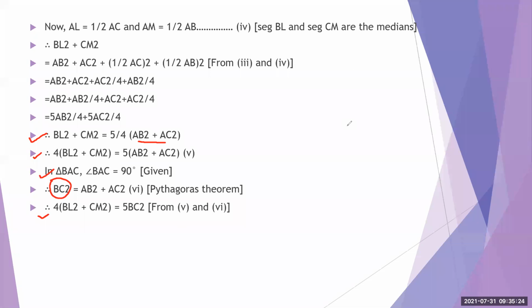Sir, please repeat question number 6 again. Question number fifth. The fifth one. Fifth, that is, find the length of side and perimeter of equilateral triangle. That one. Yes. Okay. Let me complete the next questions, then at the last I will repeat that.